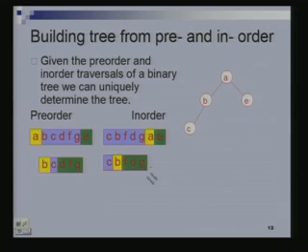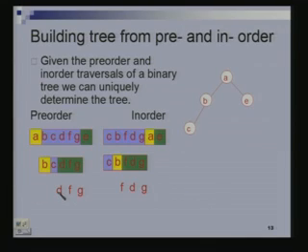Yeah. So I figured out that C, since on the left there is only one, so I can put that C down. I don't know what the right subtree is yet. I just know its pre-order traversal and in-order traversal. I know that the right subtree has 3 nodes. So the problem recursively reduces to this problem: given the pre-order and in-order traversal of this 3 node tree, I need to figure out what the tree is.